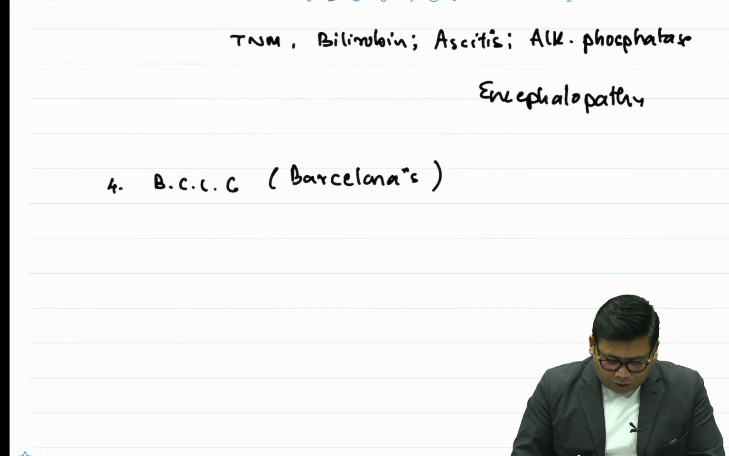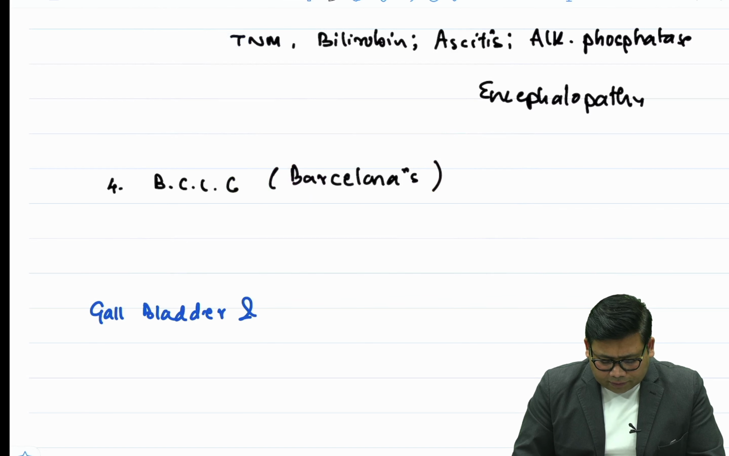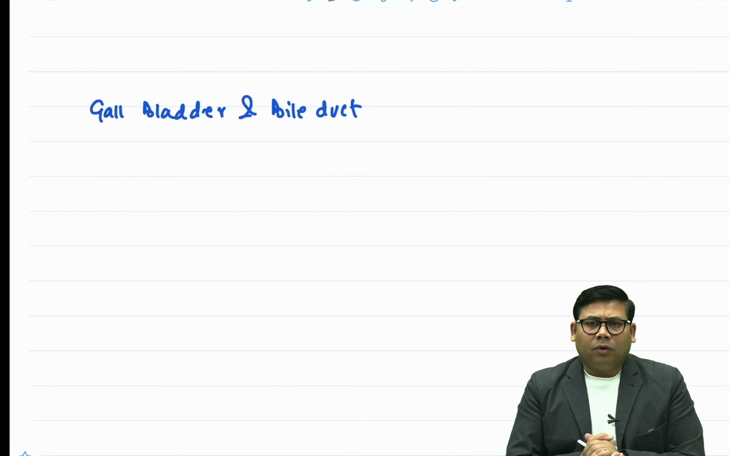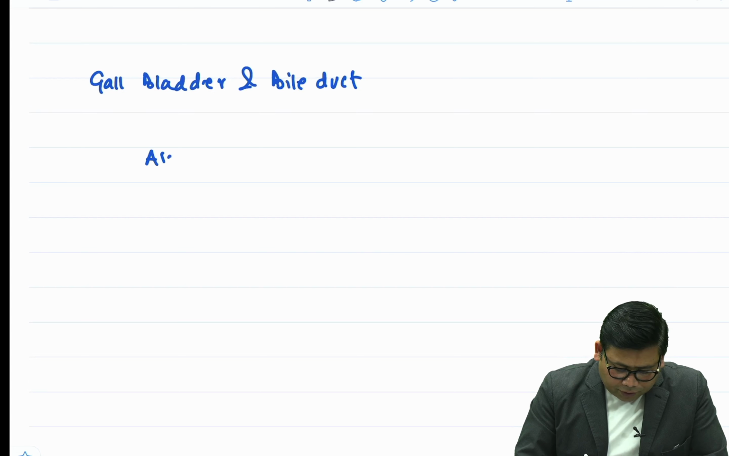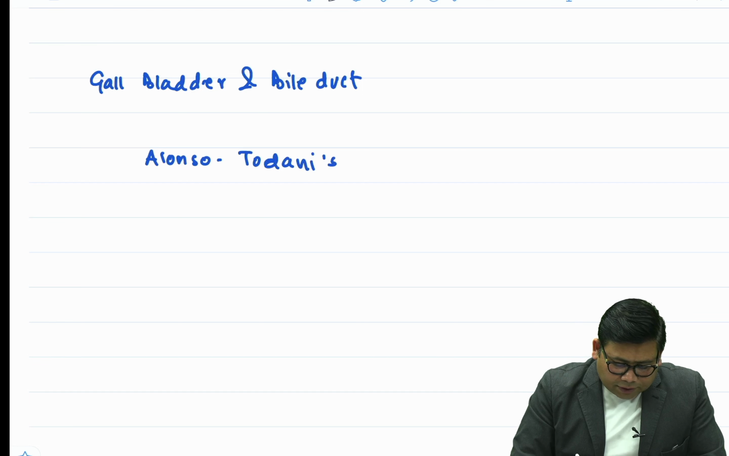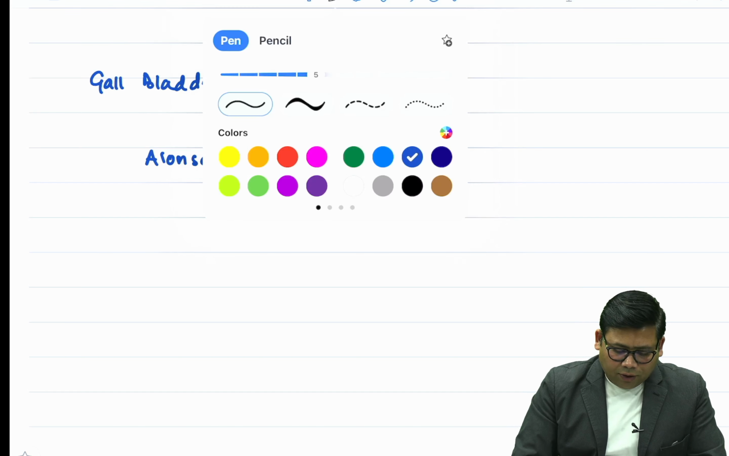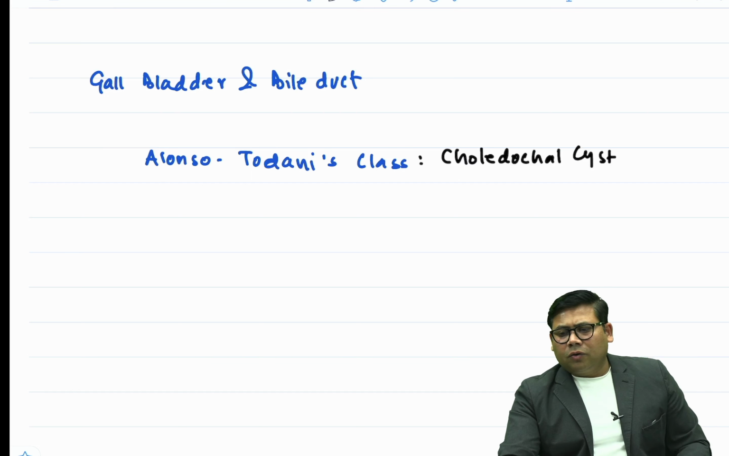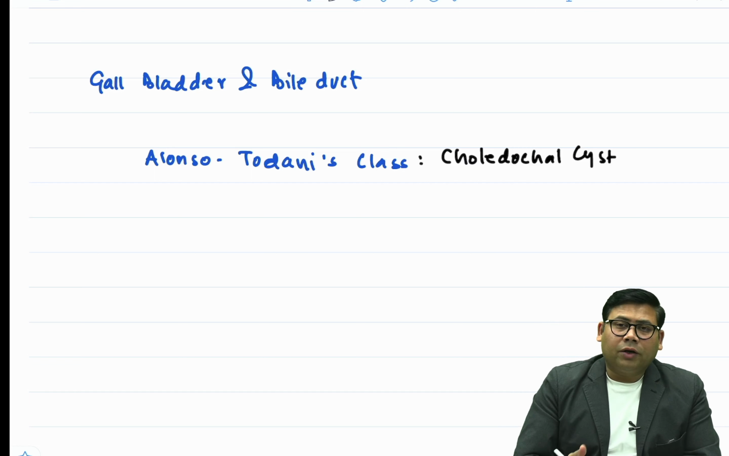Then we go to the gallbladder system. When we talk about the gallbladder and bile duct, we don't have a lot of classifications, except a very important one, the Alonso-Lej and Todani classification. What is this classification for? This is a simple classification for choledochal cyst. I have made a lot of videos on this choledochal cyst concept, and according to this, there are 5 types